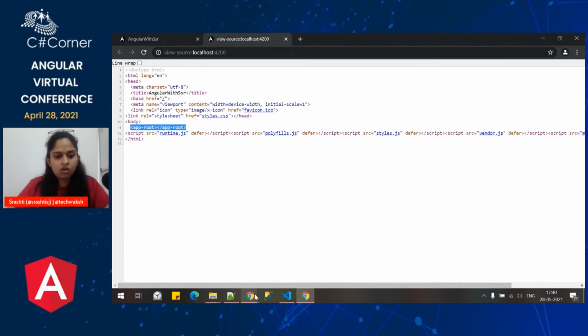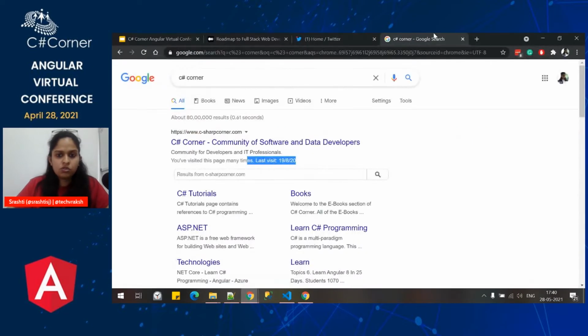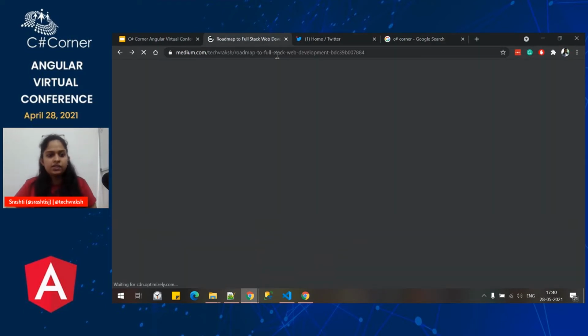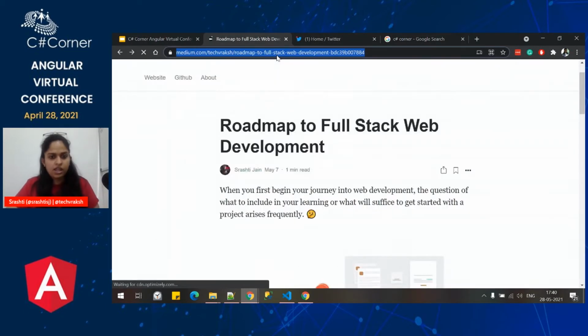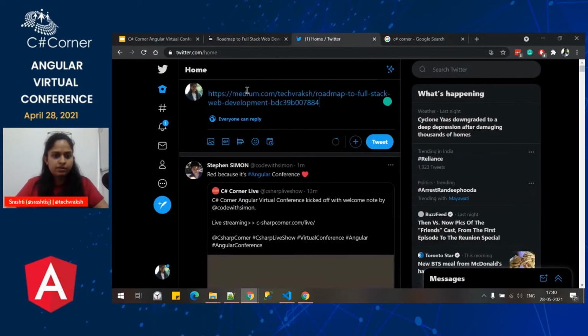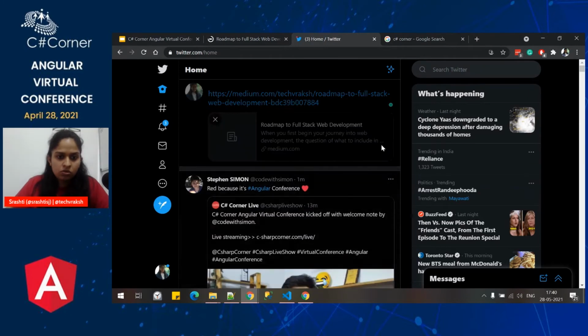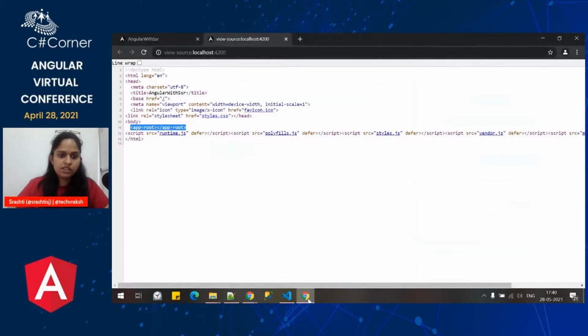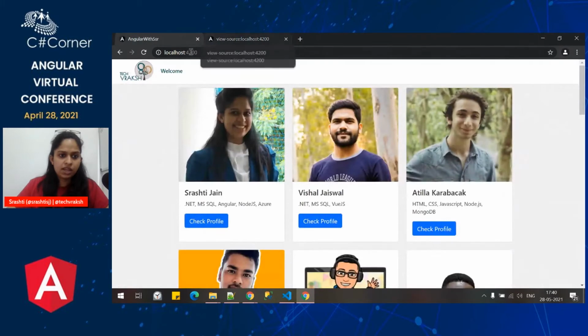Now there are a few more things. Let's say I have my article over here, and I paste it over here. It will give me some sort of preview. This preview won't be available if it cannot be loaded on the server side. Right now it won't work because it is on local.